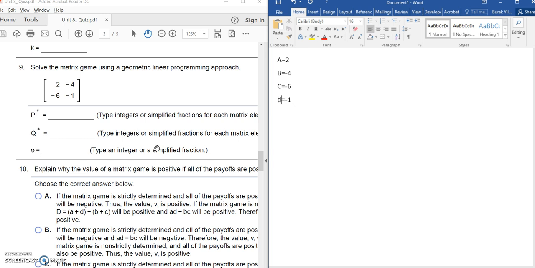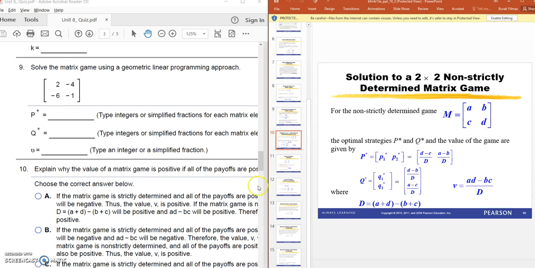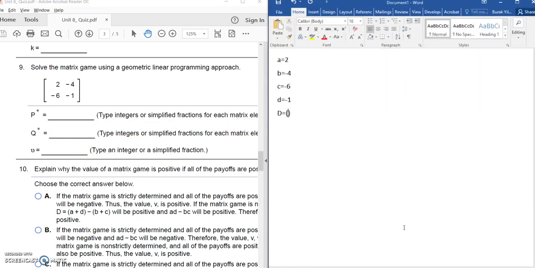And these are going to be all lowercase, because we have an uppercase D. And uppercase D equals, going back to this, A plus D minus B plus C. So that would be, let's figure that out. A plus D is 2. So 2 plus D is -1